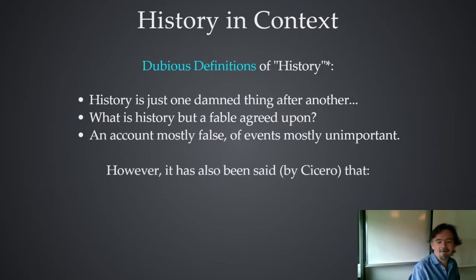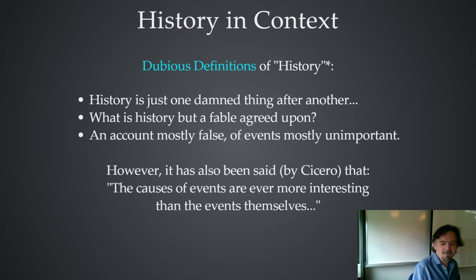It's a bit mean. But it's also been said that the causes of events are even more interesting than the events themselves. Now, that's my slightly pretentious way of trying to excuse telling you about Moore's Law. The clever thing about it is that in addition to giving you a guide to historical trends, it also has, and in the past had, predictive power. It actually lets you work out where things are going to be a couple of years down the line. And that in itself is an interesting thing to know. So it's about explaining why the computer revolution took place in the way that it did, at the speed that it did.